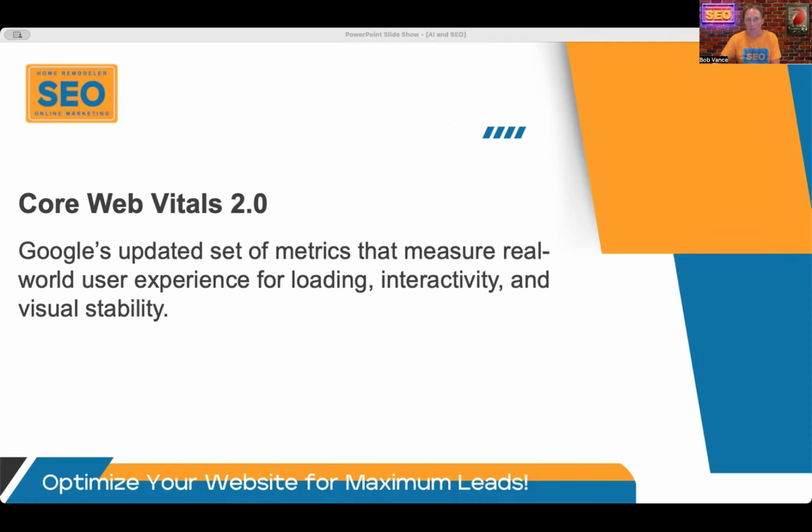There's also a stronger focus on the interaction to next paint, abbreviated INP, as well as cumulative layout shift improvements. And so this really has to do with how fast is your website loading? Does it load as you go down the page? Does it try to load everything all at once, which slows down your page loading speed? Are you putting videos on your website, or are you just using embed codes, which play the video from the source, which is much quicker? So those are some things to think about.